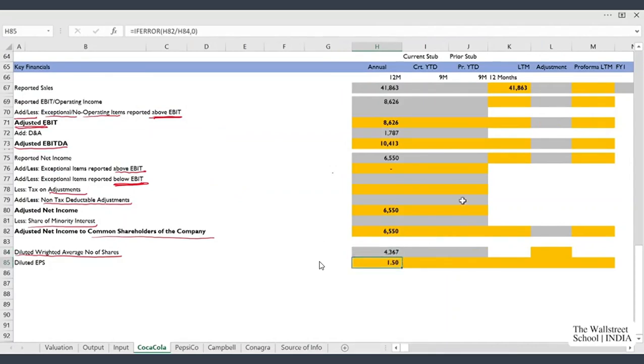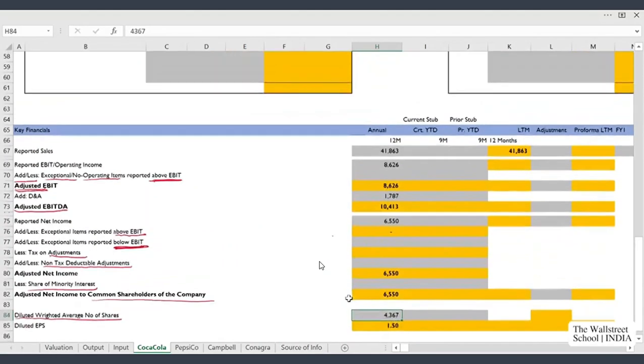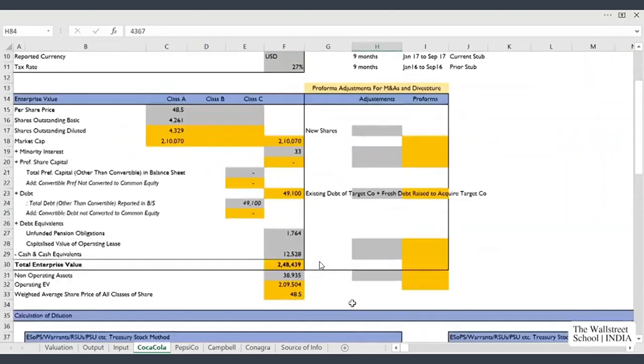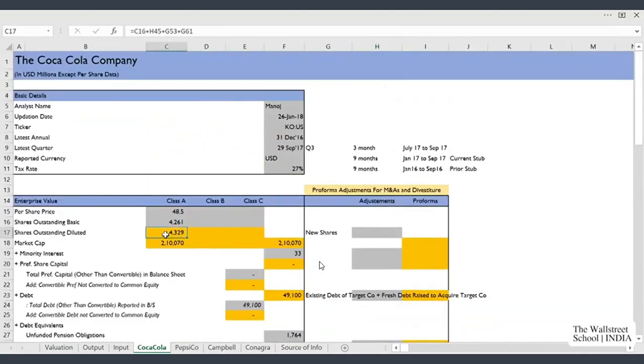Friends, an important point to mention here is, to calculate EPS, we always use weighted average shares, not the shares as on date. So you cannot use the shares you considered for the calculation of market cap, as these are the shares outstanding as on the updation date of 26 Jan 18.